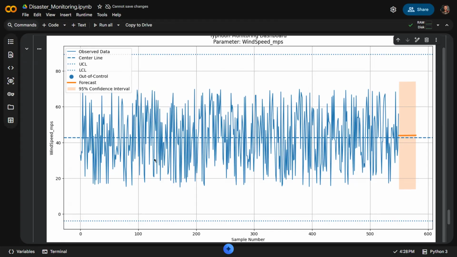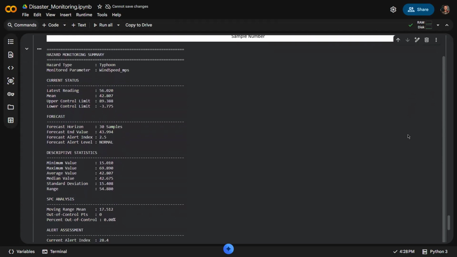From our past data, the system was able to forecast the average values for the next 50 samples. The forecast average is around the original one, so it is expected to increase a bit, but not much. With that, we have this summary of our monitoring: the latest reading, and so on.